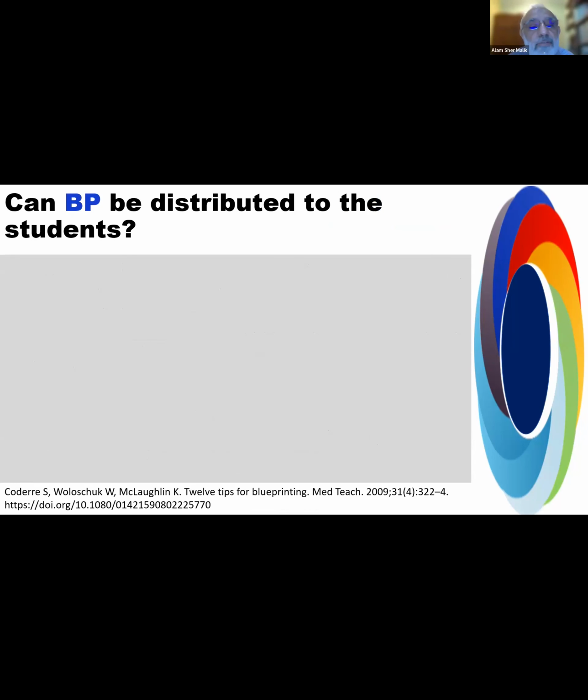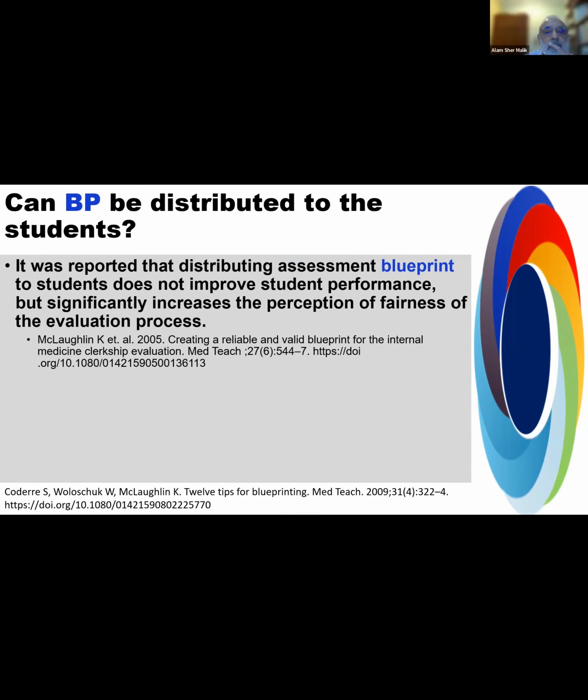Now, the question you just asked, can blueprinting be distributed to the students? It was reported that distributing assessment blueprint to students does not improve student performance, but significantly increases the perception of fairness of the evaluation process. ये एक स्टेटमेंट है जिसका ये रेफरेंस नीचे है।